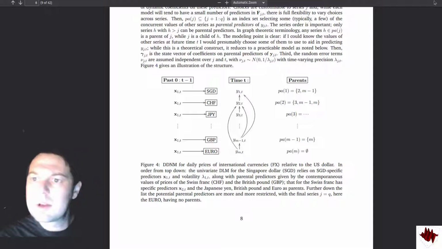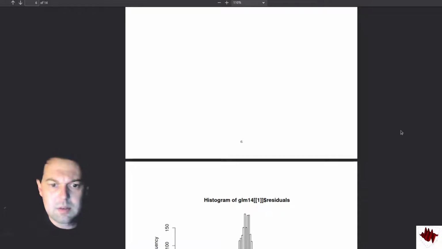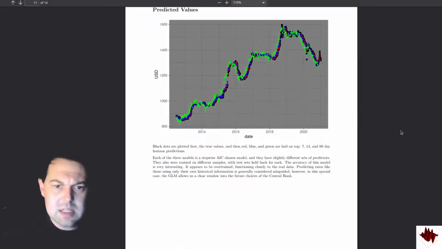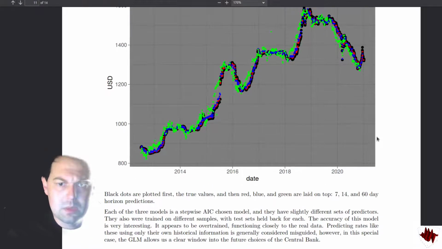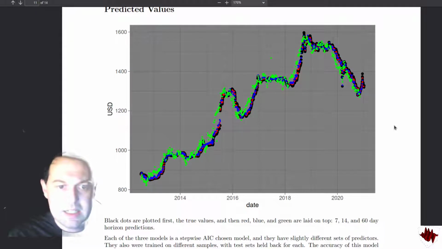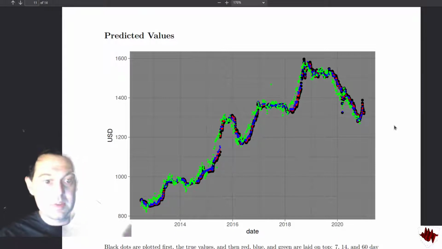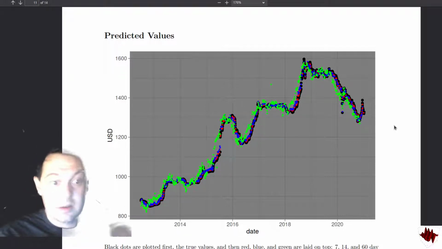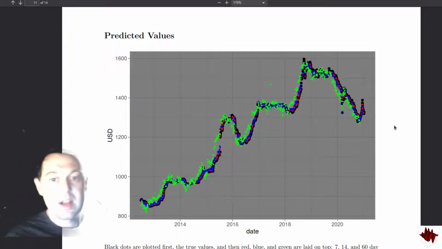So I can give you a tiny look at some of our results here. If we go down, you can see in this graph right here that we've taken the 3 linear models and we've predicted values from a set that were held back at the beginning. Each one of these is trained on a different sampling from the training set and tested on a corresponding sample. So we didn't train on any of the information that was used for any testing or for the production of this graph, which is nice.